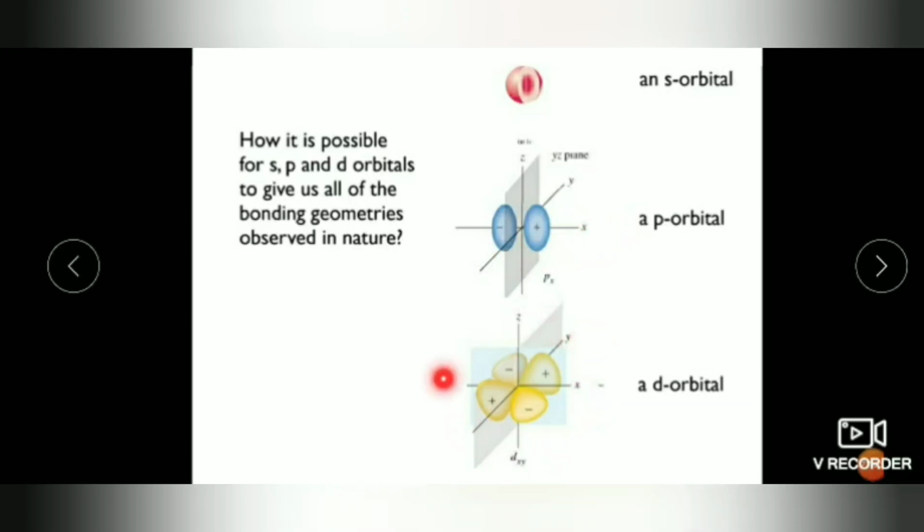Then there is the d orbital. It contains dxy, dyz and dzx, and has a double dumbbell shape. Each contains opposite spin. If there were a positive lobe next to another positive lobe, repulsion would take place between them. So the lobes alternate: negative, positive, negative, positive. There is no repulsion between these, so the d orbital is stronger.